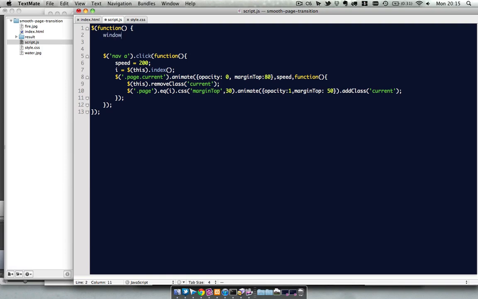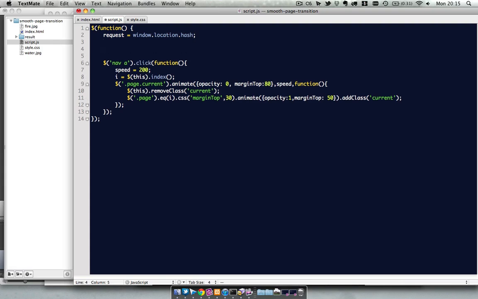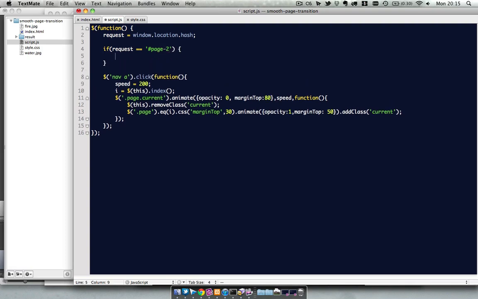If we say window.location.hash, we get the part behind the hash, so in page linking for example, and we turn this into a variable, like so. And now we can check if the request is indeed hash page 2. Like so, and if it is, we're gonna remove the current class from the current class and add it to the second page element. So we say